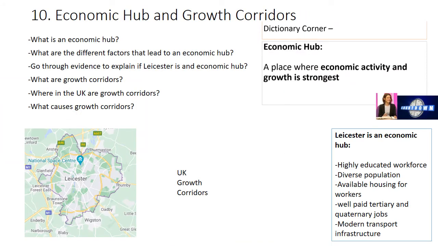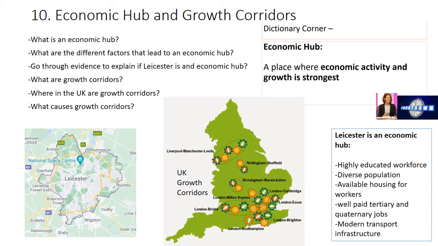You may be asked about an economic hub and growth corridors. Economic hubs are areas where the economic growth, i.e. money and jobs growth, is strongest. Leicester is an example of an economic hub. To be an economic hub, you need the economy to be growing rapidly, and the evidence for this is that Leicester, although it's only got 400,000 people living there, more than 1 million people come to work in Leicester each